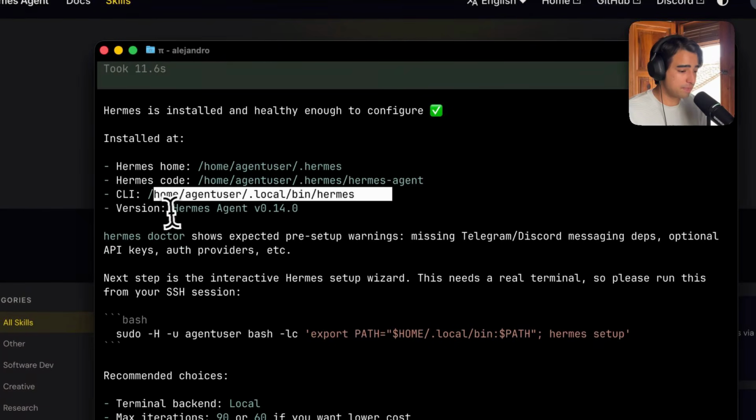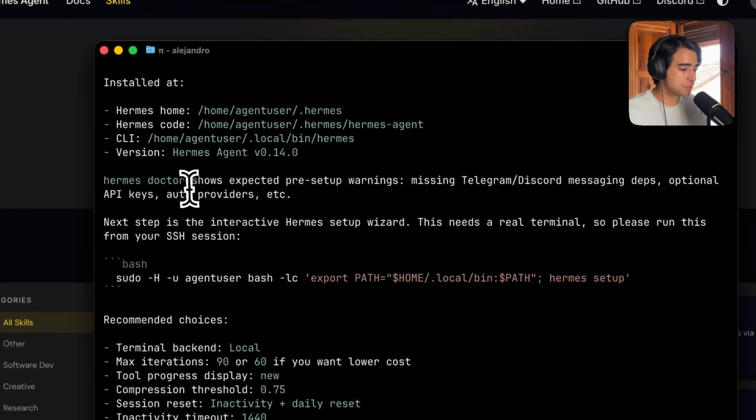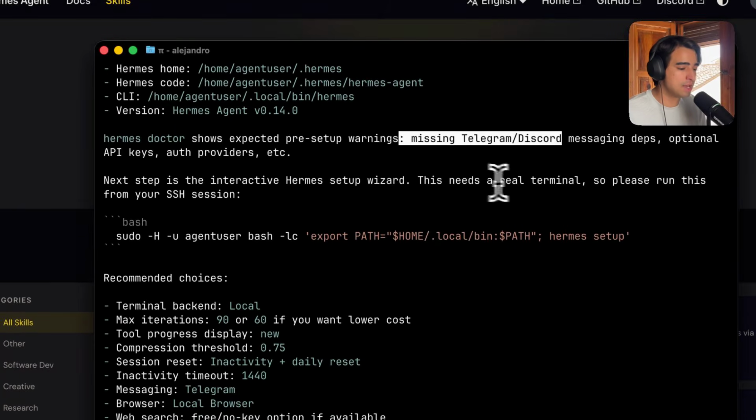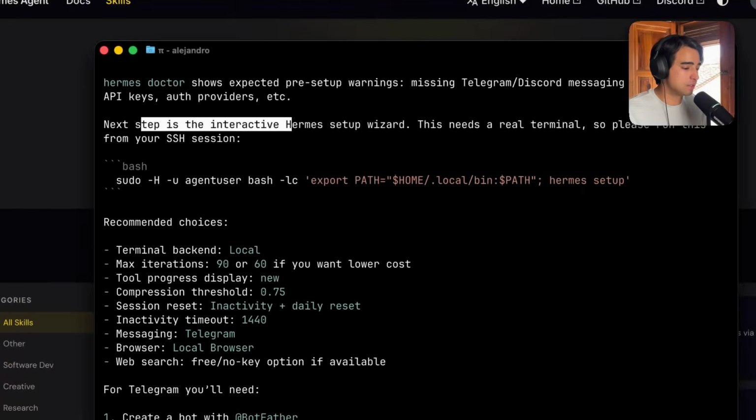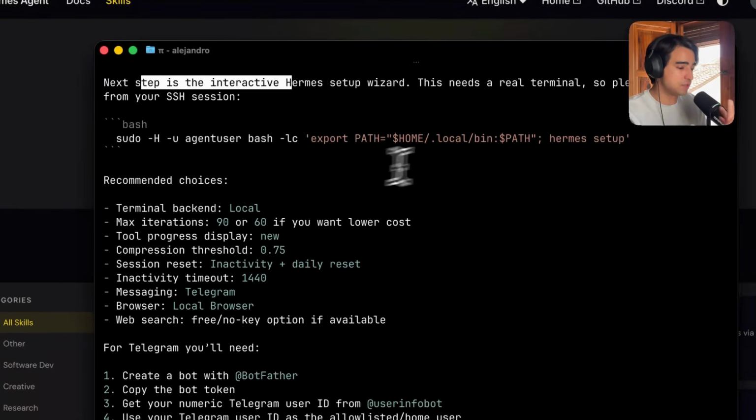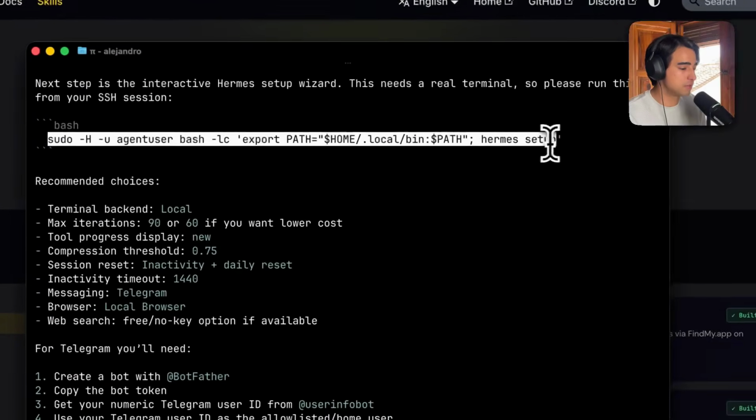The CLI binary and the version. So Hermes Doctor shows expected pre-setup warnings such as missing Telegram or Discord messaging. And the next step is the interactive Hermes setup wizard. This needs a real terminal, so please run this from my SSH. Okay, so I'm just going to copy this command right here,